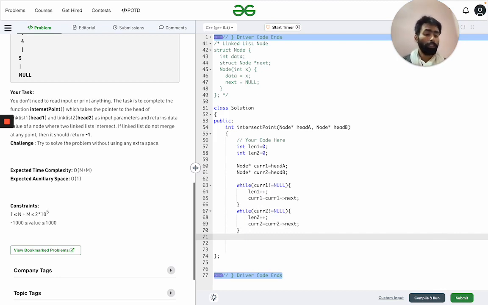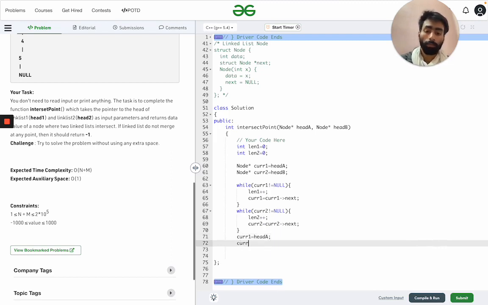Now the current values are again initialized with the head, so we will reassign the values. Why did we do that? We reinitialized with head so that we can traverse the difference part which we had discussed.